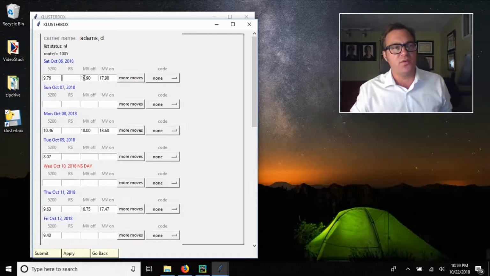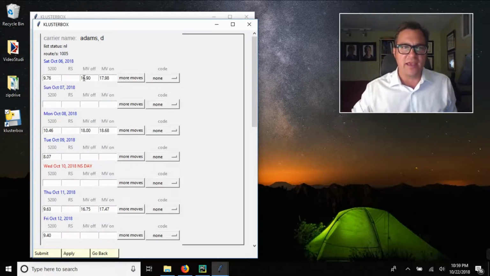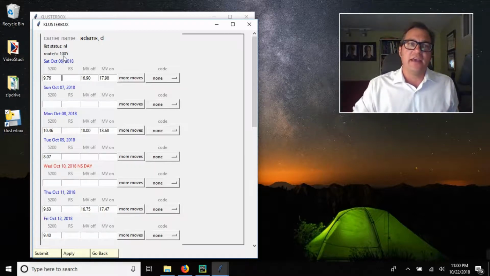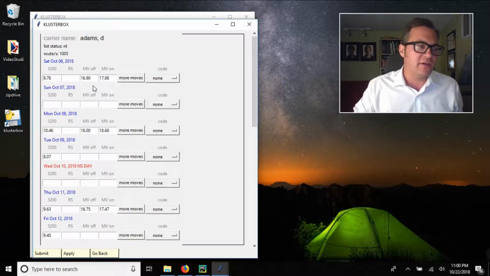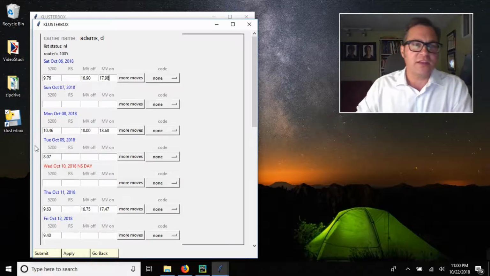So you'll see moves from a carrier's own route, and here's a handy reference, so you can know that they're on route 5. And so if they move off of that, you take note of, okay, they moved off at 16.90, and then they moved back at 17.98 clicks. So you take note of moves on and off the route,